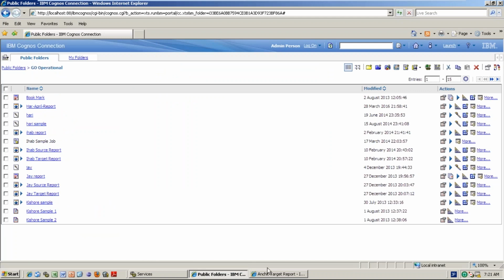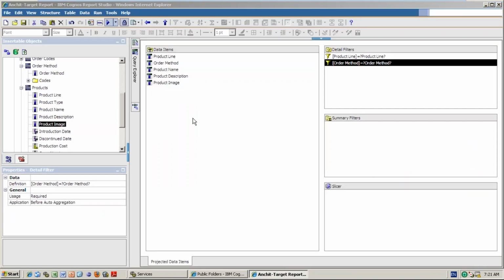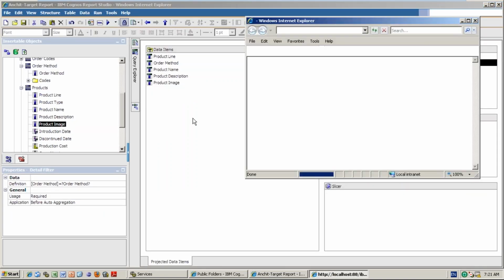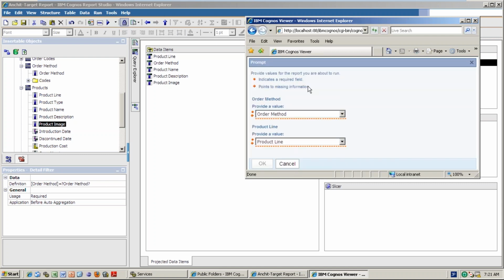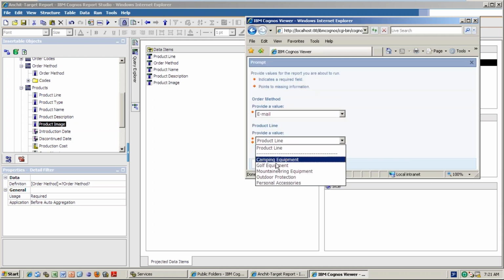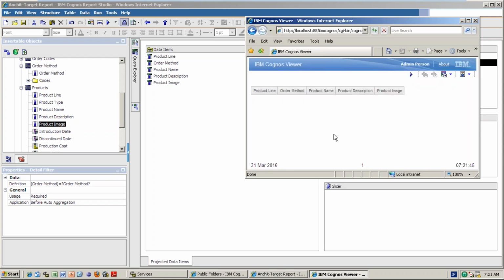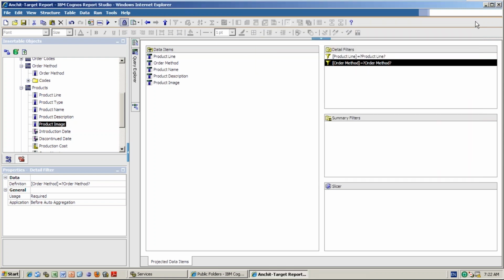But if you want to run this target report, what will happen? It will ask for parameters because you already created them. You need to give some values here, email and camping equipment, then finish, and you will get the output. But it will not come exactly, right? Because you are using just parameters. You need to pass them from another report.